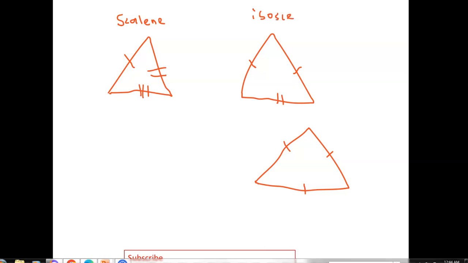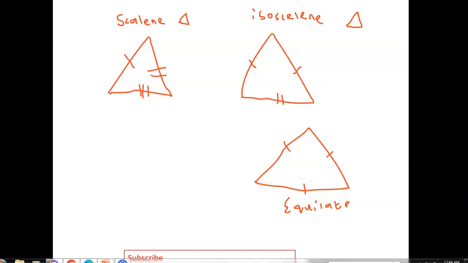Sometimes we tend to use a symbol for a triangle, especially when you're giving reasons. Just put a triangle symbol like that; it represents the triangle. Same thing for scalene, just put a triangle there. Then the last one that we know is called the equilateral triangle, meaning all sides are equal. The name itself is giving us a hint that all sides are equal to each other,